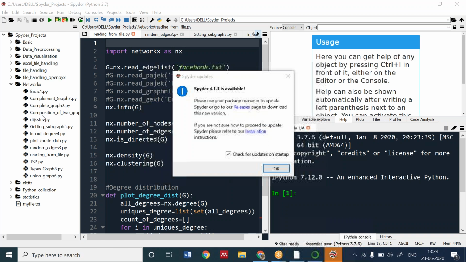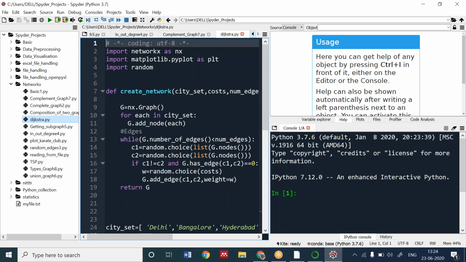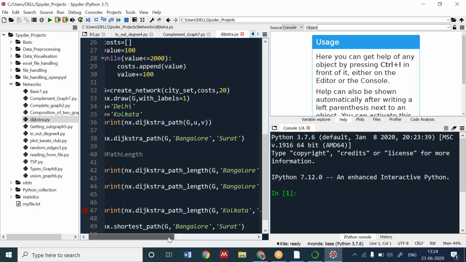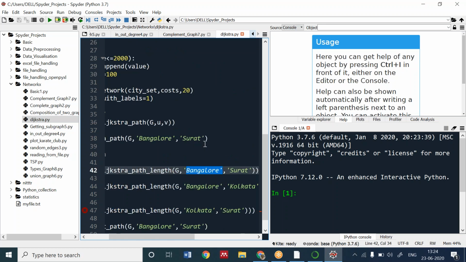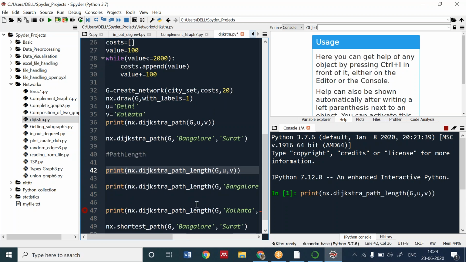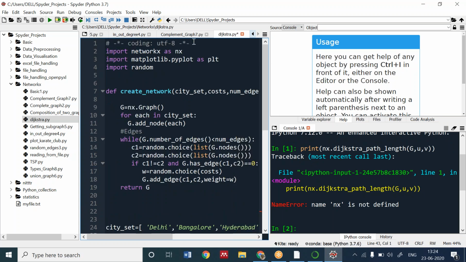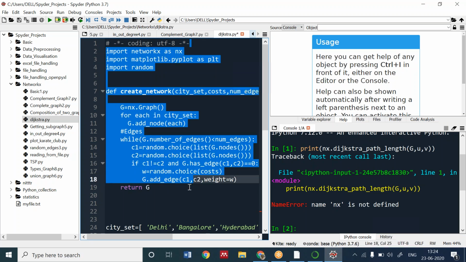We were here. Okay, if I want the Dijkstra path length from U to V only. Okay, codes again because I have closed the window.